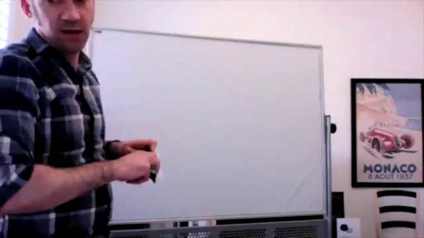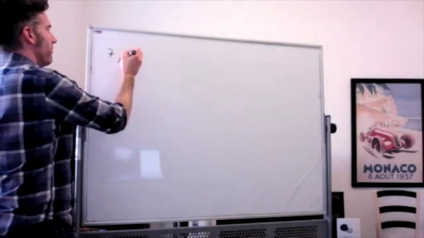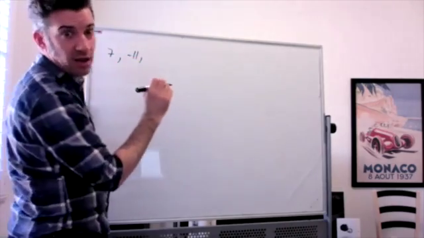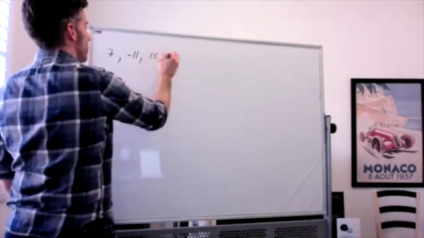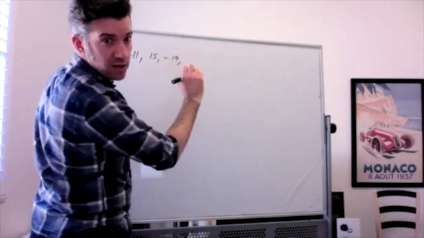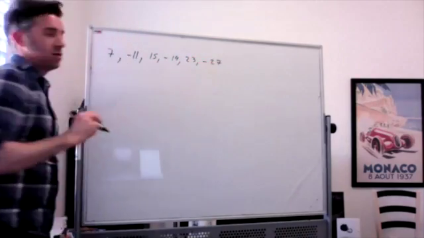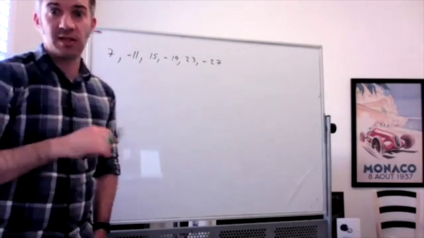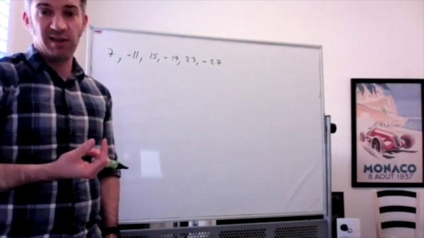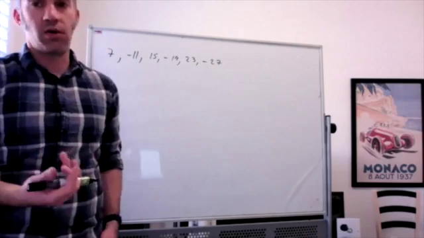So I'm going to grab the ones from Grant's page because they're right there for me. So this first one I think is not too bad. 7, negative 11, 15, negative 19, 23, negative 27. So first and foremost, if you see something that's alternating signs every other term, ignore that or account for it,